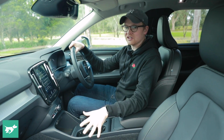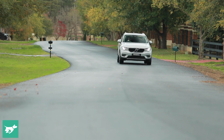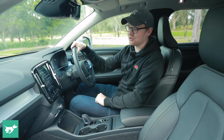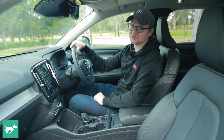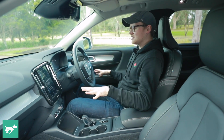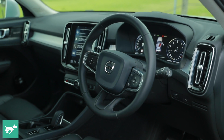It's also really nice to sit in and ride in, and it's good to drive, mainly because Volvo have not tried to make this vehicle sporty. Because unless you're buying something like an Audi Q3, you don't really want one of these vehicles to be athletic, you want it to be comfortable. And that's what the XC40 is. And that starts here in the interior, which is easy to use, it's functionally laid out, and the seats themselves